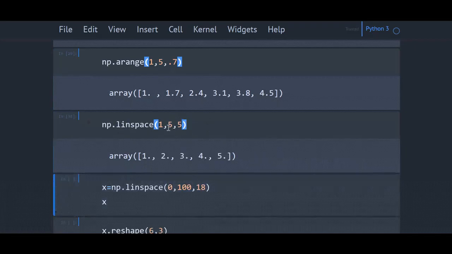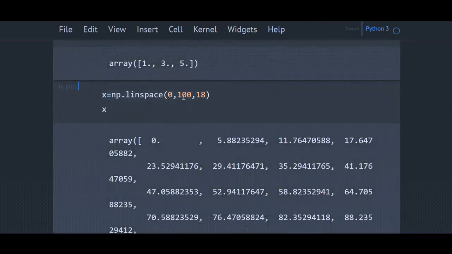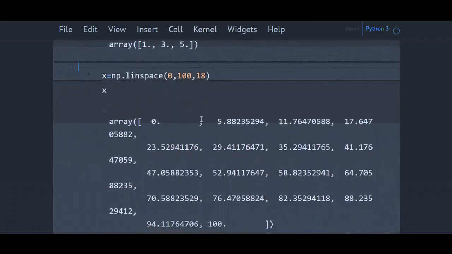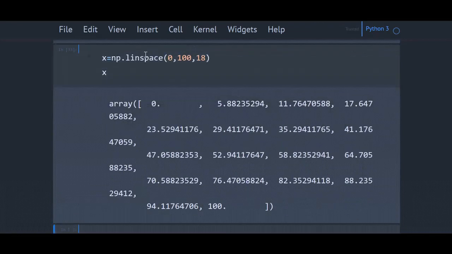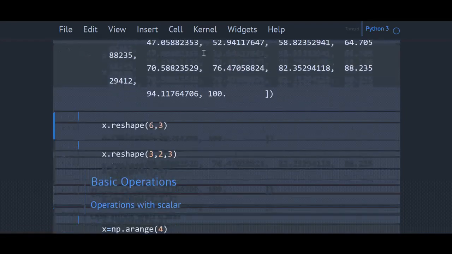And here you can see this is inclusive. Now if I give 3 values, it will give like this. So here I'm getting between 0 and 100, 18 values. And in linspace you can see it always gives the start and stop value, and between those it will give the specified number of values.